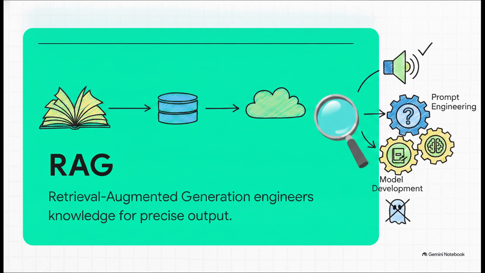A total game-changer in this layer is Retrieval Augmented Generation, or RAG for short. See, rather than just relying on whatever data the model was originally trained on, RAG actually goes out and retrieves external, up-to-date data right at the moment you ask it a question. This grounds the outputs in reality and massively reduces those weird AI hallucinations. It sits right alongside prompt engineering and knowledge engineering as a vital tool to engineer way smarter outputs.